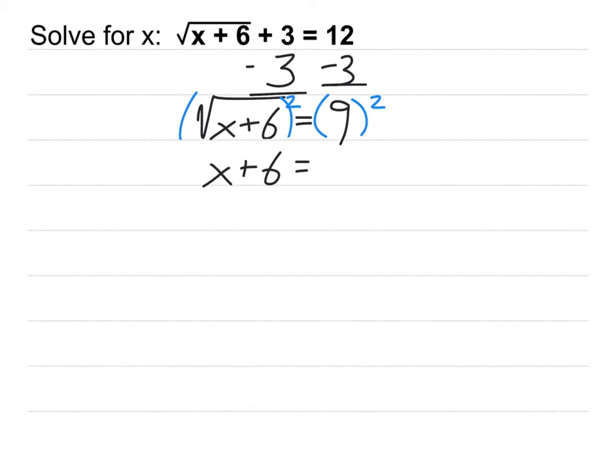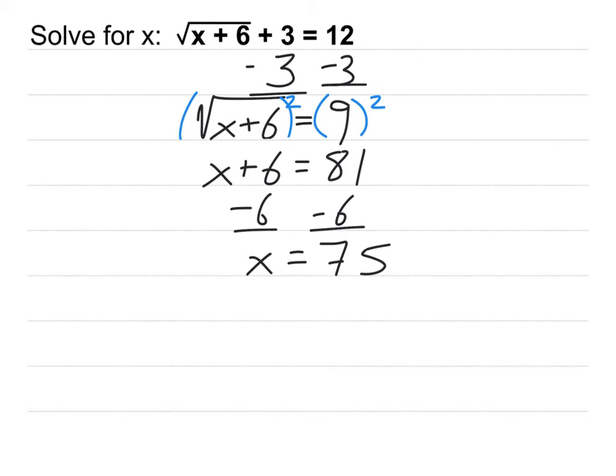On the right-hand side, though, I actually got to do that work. I got to do the 9 squared. What does 9 squared equal? So yeah, the 9 squared ends up giving us then 81. Now we dealt with the tough part. You know what to do from here, right? Get that 6 out of the left-hand side. So we subtract the 6 from both sides. You end up with x equals